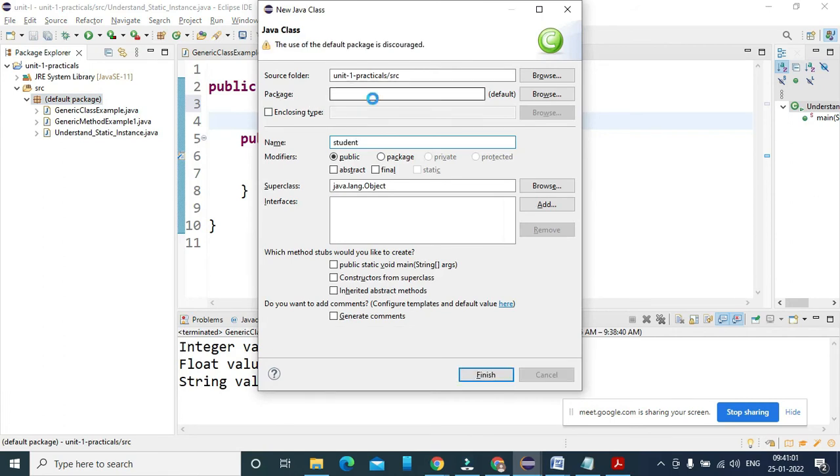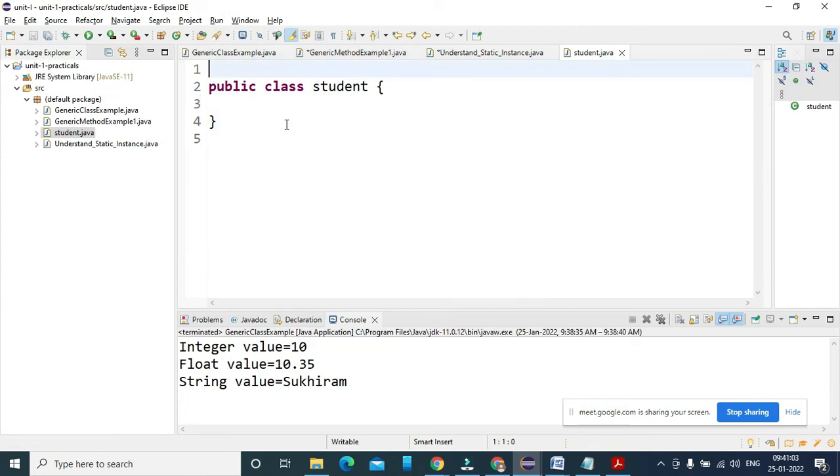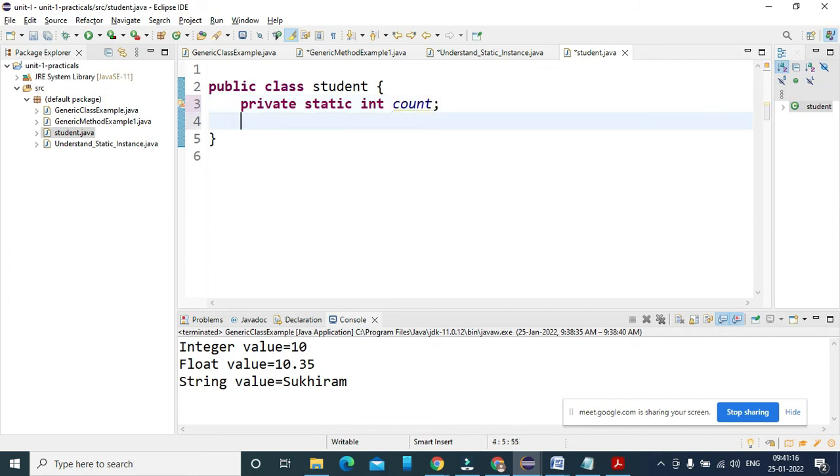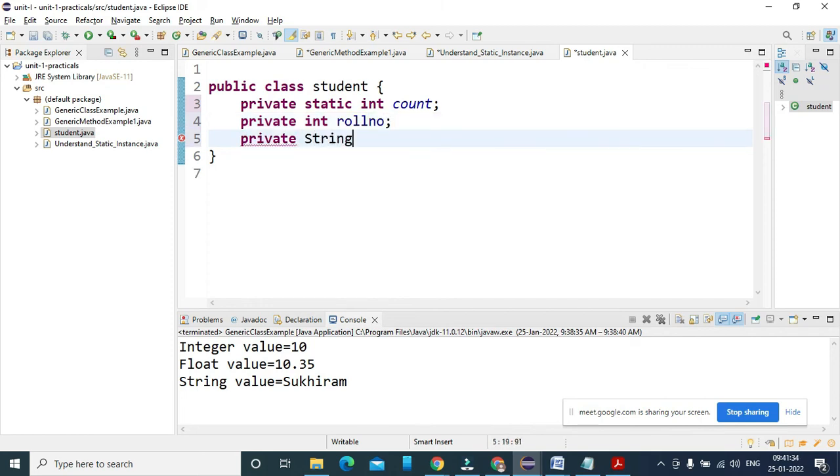Please understand this is very important. Inside that I'm using private static int count, and private int roll number and private String name. So right now I have a count, roll number and name.